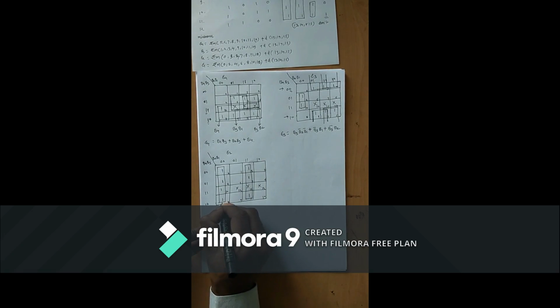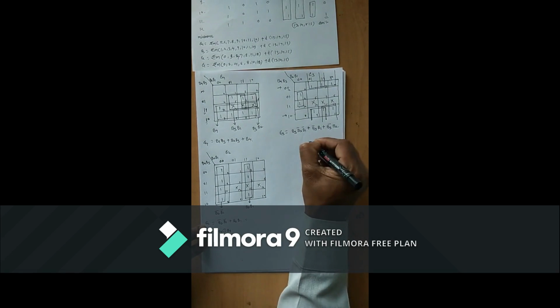So for E of 2, there is no common term from this row, only two terms are common, that is b2 complement b1 complement. From this b2 and b1 are the common terms. So we can write E of 2 is equal to b2 complement b1 complement plus b2 b1, which is the expression of exclusive NOR gate. So it will be b2 exclusive NOR with b1.